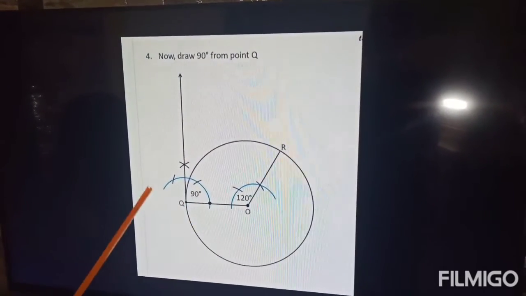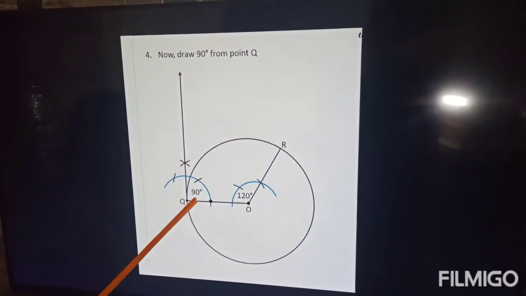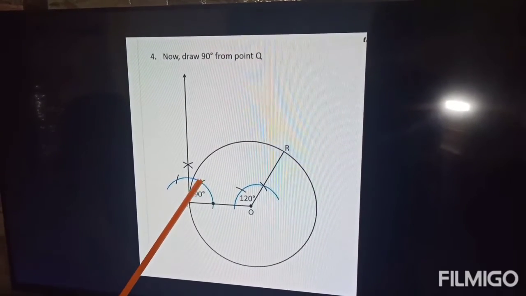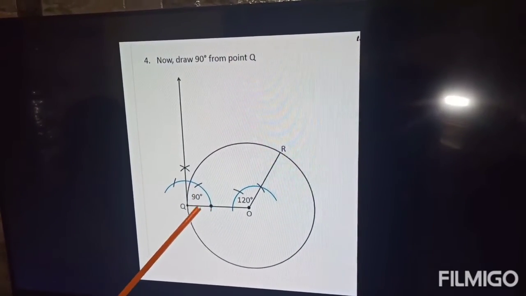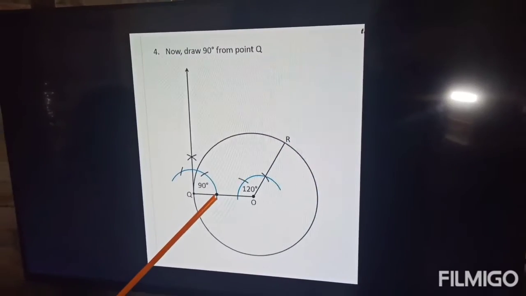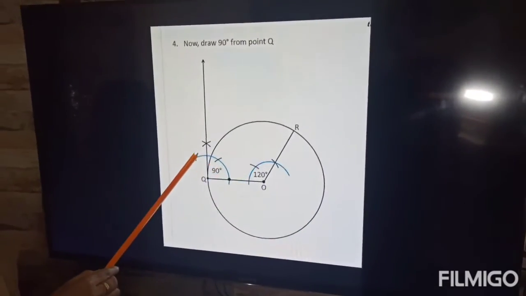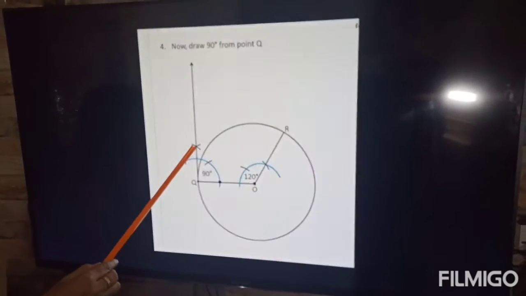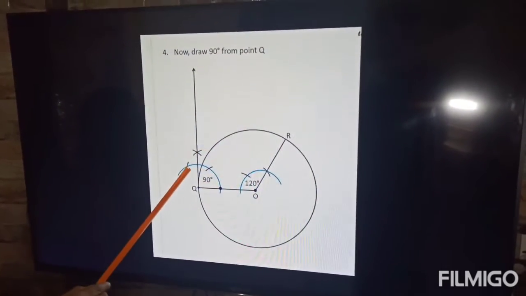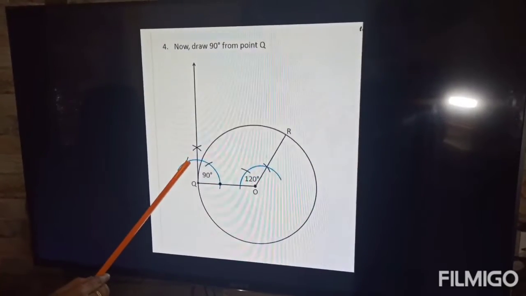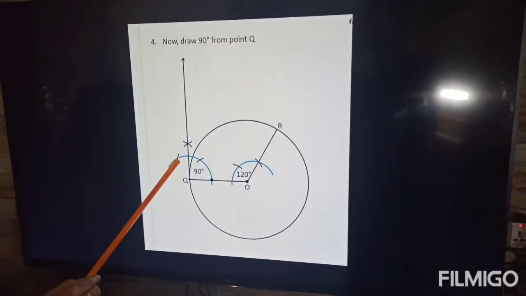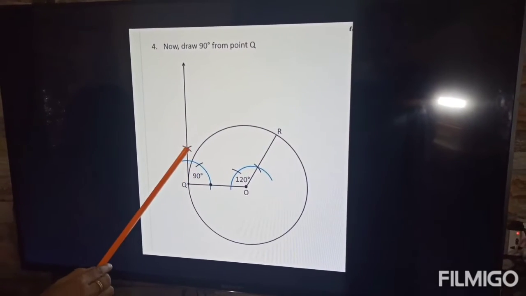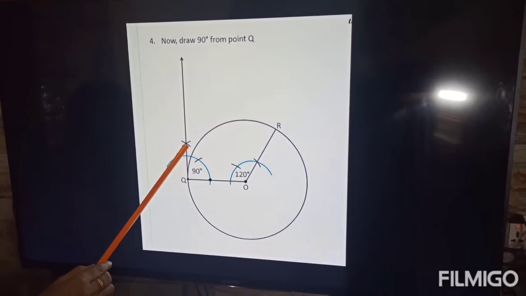tangent by drawing the semicircle first. On this, draw the semicircle on Q and put two arcs from this point. You will draw a semicircle, no? From the starting point, one arc and second arc. From the first arc, I have to put another arc up and from the second arc, one more arc up. Both the arcs done from here and here intersect here.